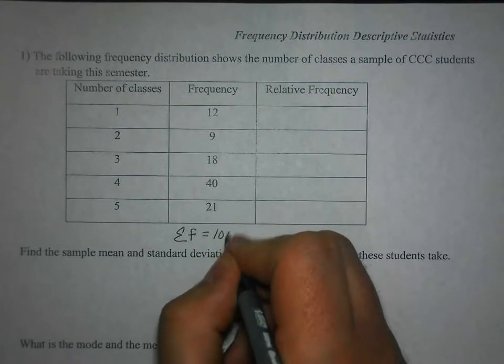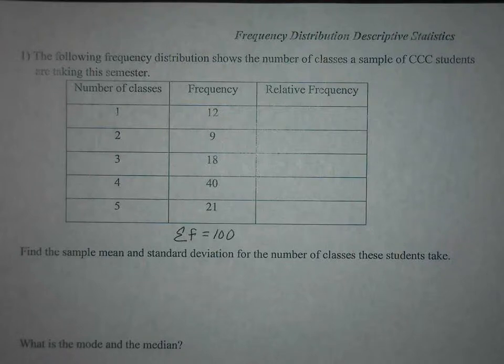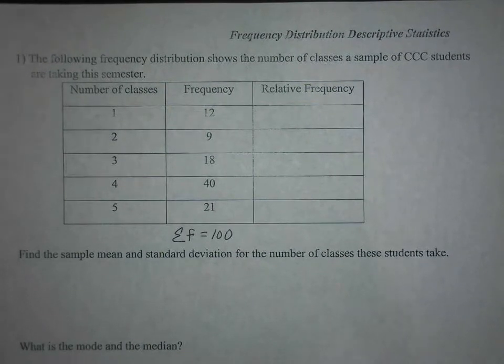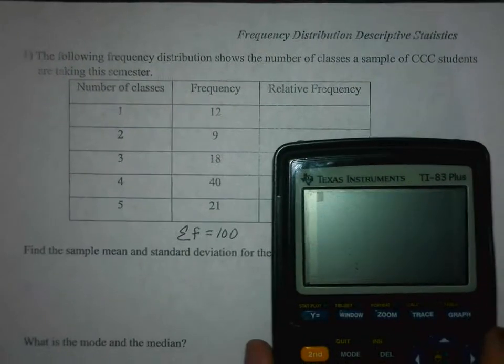There's actually 100 students in that. So there's 100 students in our sample. So to find the sample mean and standard deviation for the number of classes students take, doing this by hand will be fairly tedious. So what we're going to do